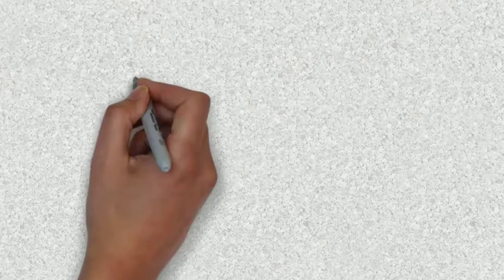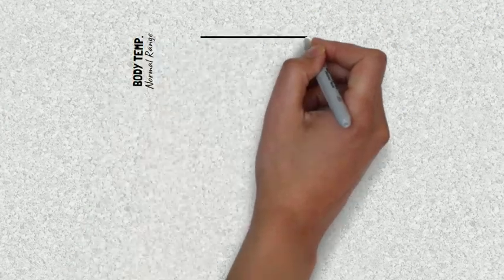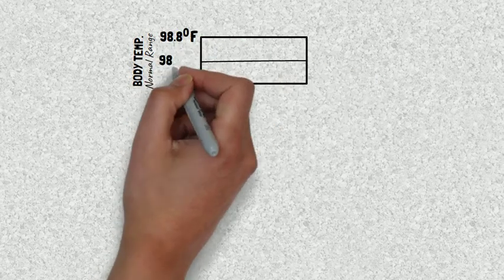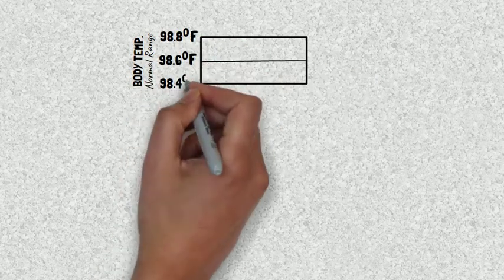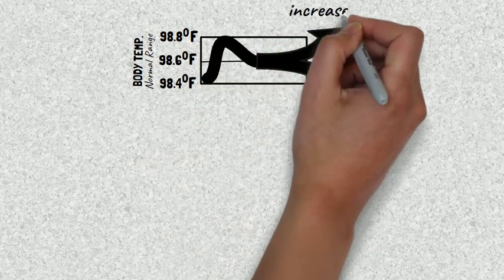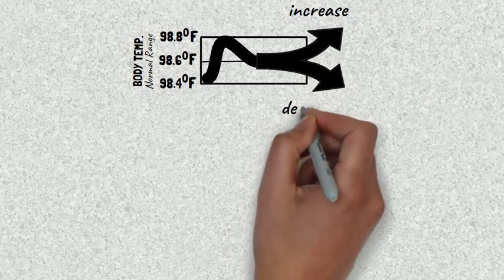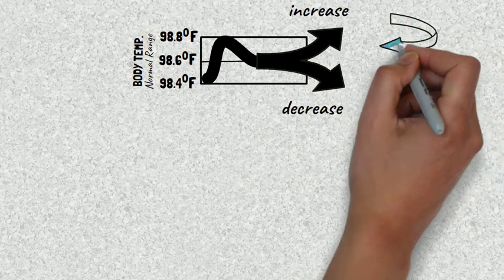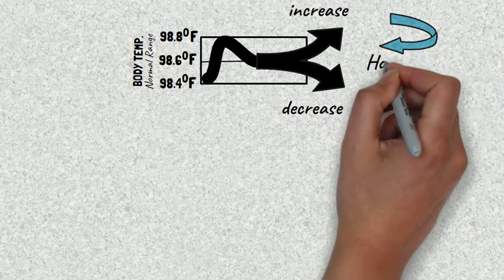Our body has an ideal normal value or set point of our body temperature. It ranges from 98.4 degrees Fahrenheit to 98.8 degrees Fahrenheit. As the body is exposed to a hot environment, its temperature increases. So whenever our body temperature exceeds its normal range, the body's homeostatic mechanism comes in to regulate it back